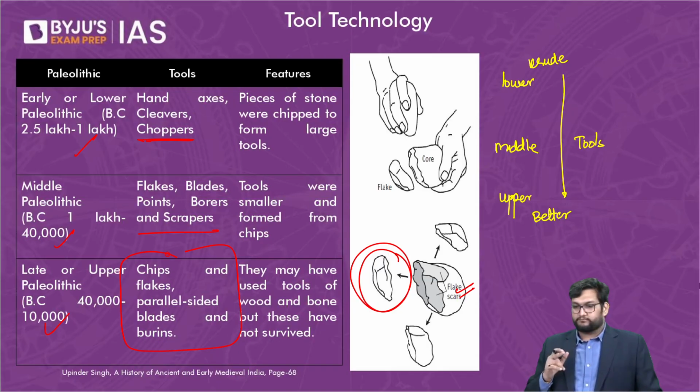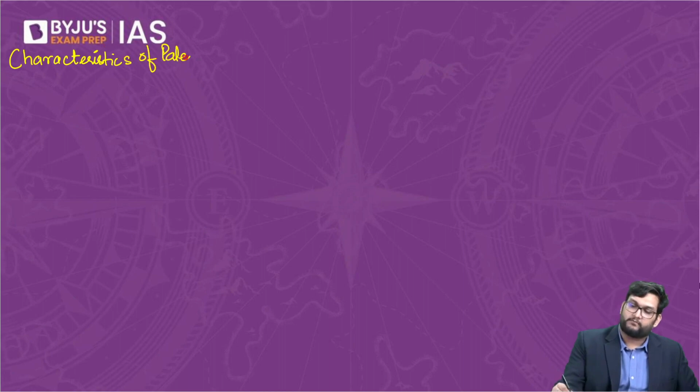Now, evolution of humans is related to evolution of tools, is related to evolution of cognitive ability. Now let's do one thing. Let's consolidate. This is what comes in the examination. Please pay attention. Characteristics of Paleolithic period. This will come as a statement-based question. Will help you generally. I'll come to fire and all. Wait 1 second. First is